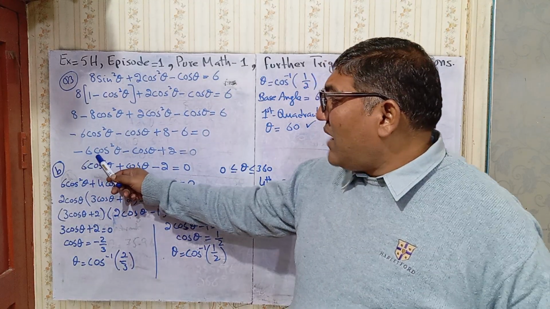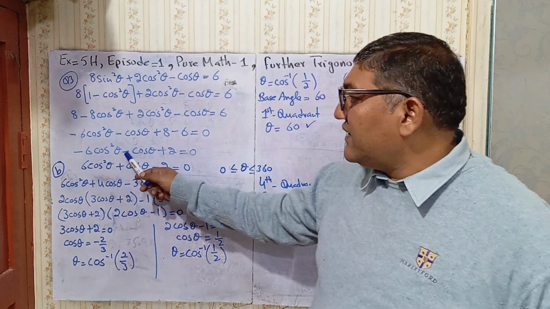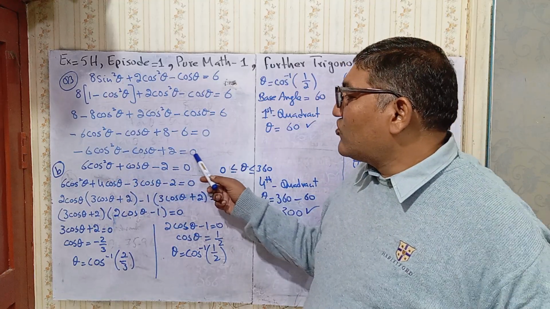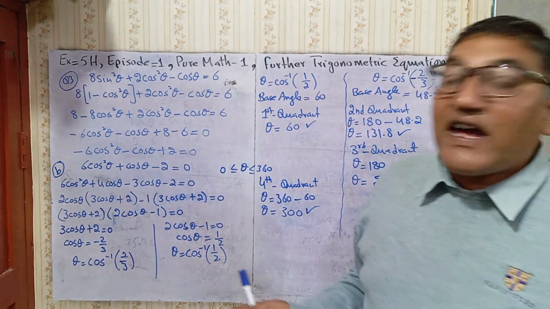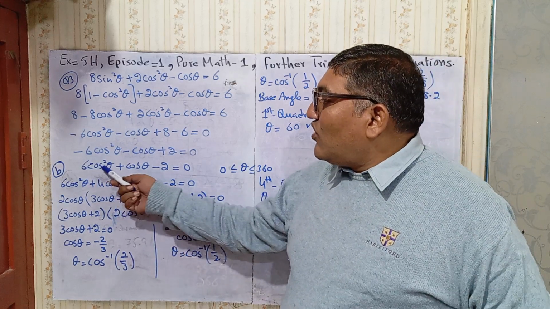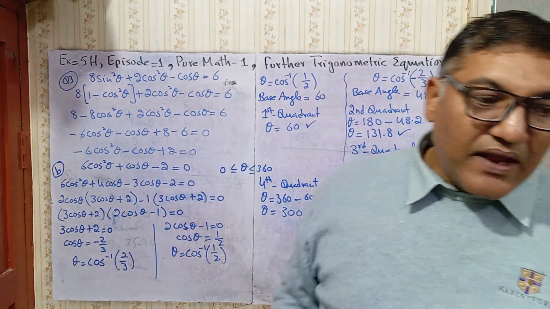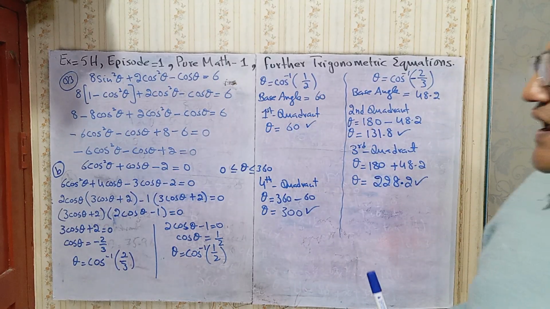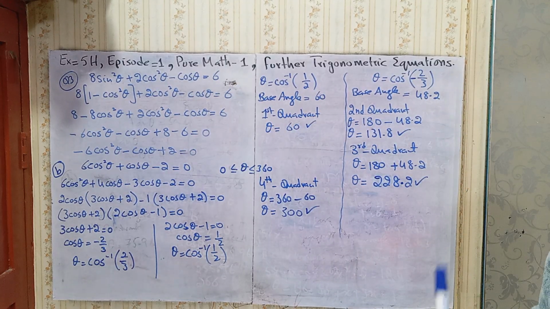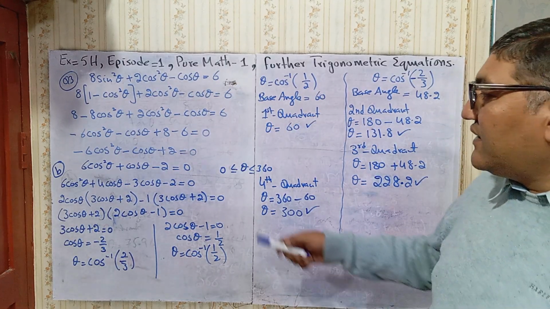So you will have minus 6 cos square theta minus cos theta plus 2 equals 0. Multiply every term with minus 1. So you will have 6 cos square theta plus cos theta minus 2 equals to 0. So this is my A part of this question. In the B part of this question, he wants me to solve this and give the theta answer from 0